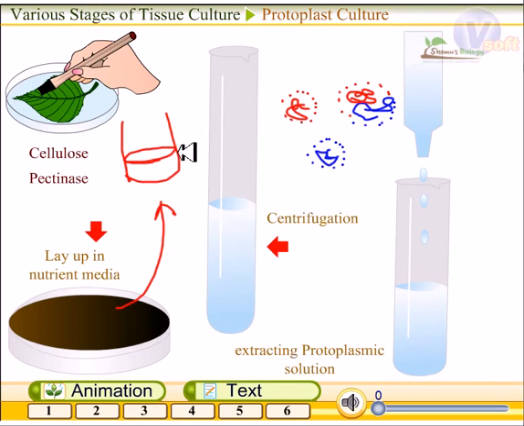Protoplasts obtained this way can be cultured in a nutrient media by washing out unwanted enzymes with a briny liquid similar to the cell's plasma osmotic pressure. These protoplast cultures are most useful in somatic embryogenesis, somatic hybridization, and mutagenesis in genetic engineering. That's about the protoplast culture, and I hope this will help you. And we have talked about the various stages of cell culture techniques,